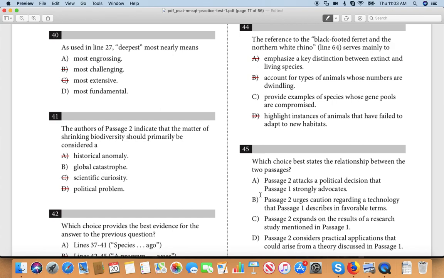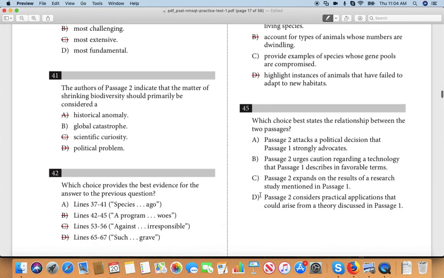Yes. Now we get to the questions they ask you to compare the passages. But does the strategy make sense again of reading passage 1, then answering the question on passage 1, then reading passage 2 and answering the question on passage 2? Does that make sense? Does that approach make sense? Yes? Yeah? That approach makes sense? I need some feedback here. Yeah? Yes, it does. Okay, good. All right, so we've done that now.